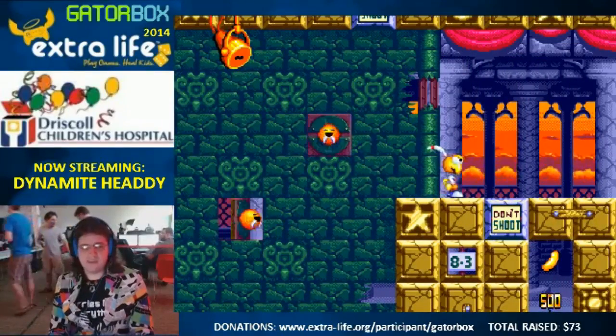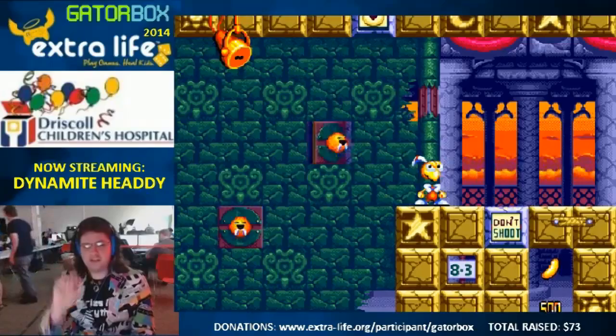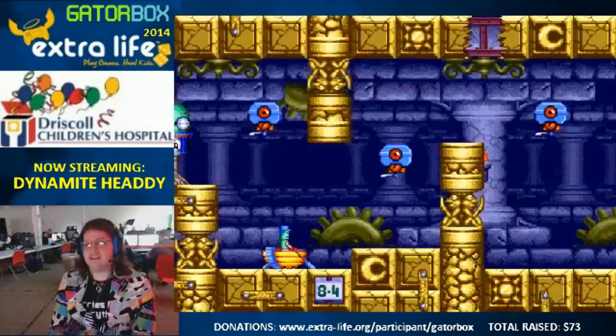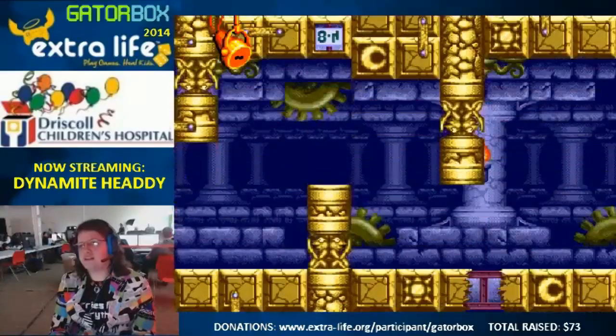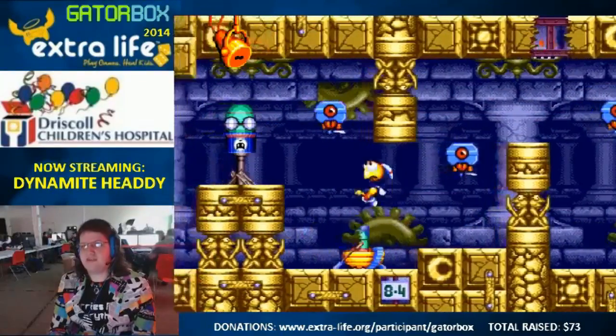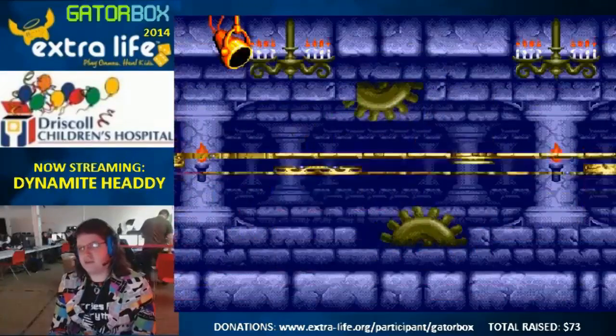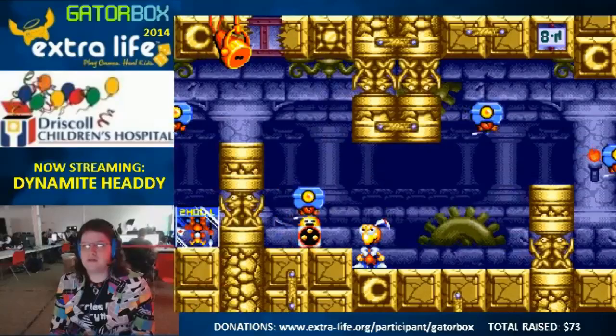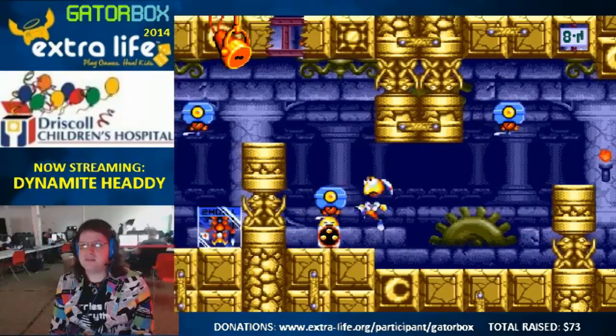By the way, remember those signs that say don't shoot? You shoot that one. So vice versa is a pretty cool trick. The level will constantly flip upside down, and the enemies have different behaviors depending on which way they're facing. Does this have his... No sleepyhead there, but...